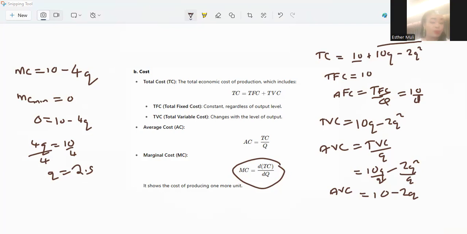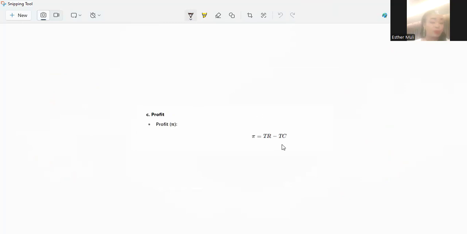Then we look at profit. Profit is when we find the difference between our total revenue and our cost. So the difference between total revenue and cost is called our profit. So if we have our price as 170 minus 5Q,